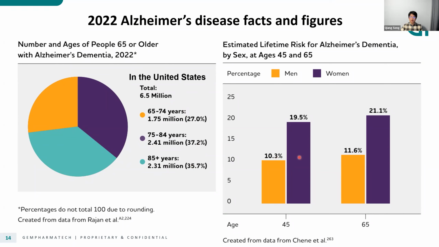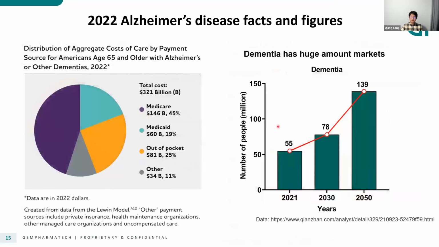And also the women live longer than men on average. So older age is also a great risk factor for Alzheimer's disease. And we can see that the women patients have a higher frequency compared to the men groups. And also the cost of health care and long-term care for individuals with Alzheimer's or other dementia are substantial. And dementia is one of the costliest conditions to society, and it has been reported that till 2015,